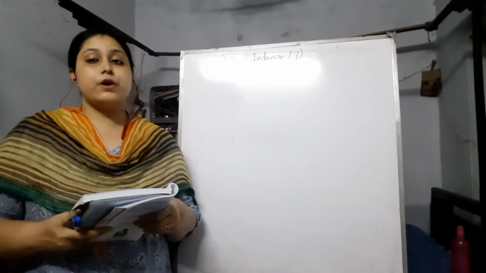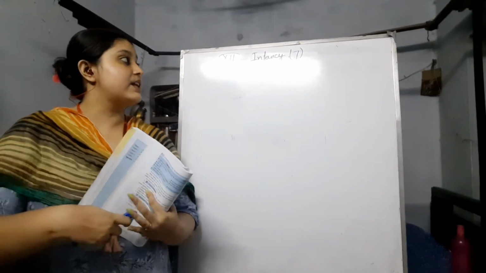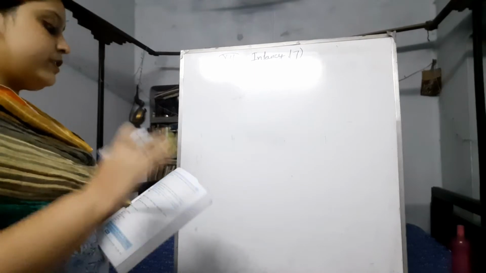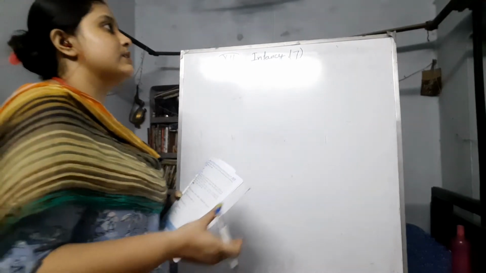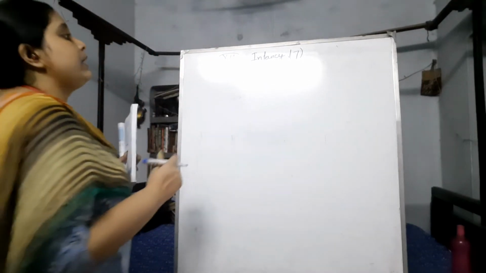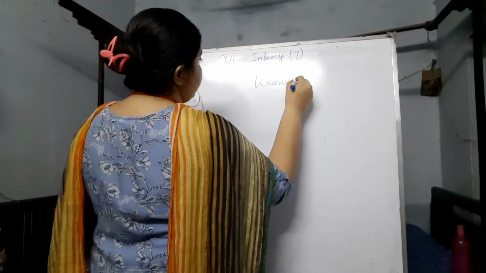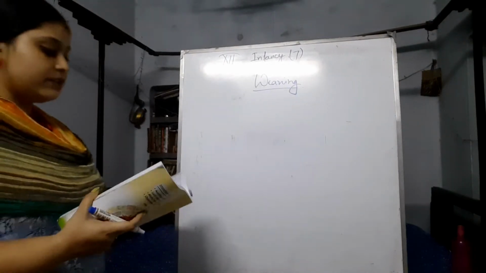This video is for class 12 nutrition. The chapter that I will continue today is Infancy, and it is part 7. In the previous video I discussed lactation failure and the different feeding styles, and today I will discuss weaning. Weaning is a very important topic. Weaning means making the baby compatible with other foods.